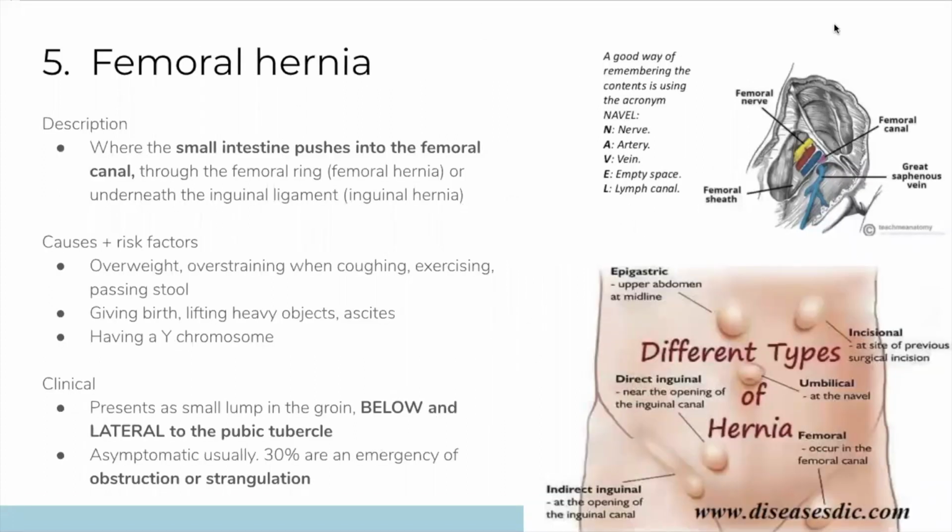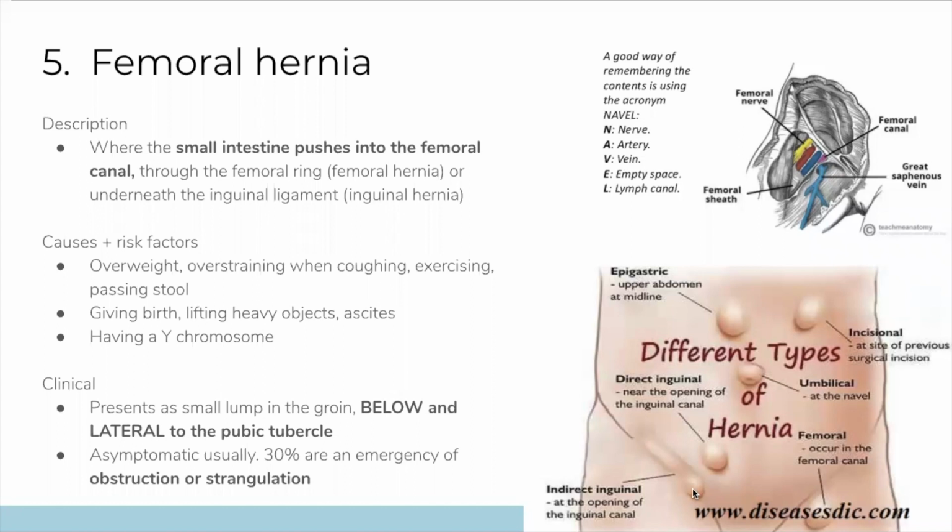Okay, femoral hernias and inguinal hernias. These are really, really high yield, which we still do in year 2. But a hernia is basically when a part of your small intestine or large intestine, but usually small intestine, pushes out of the membrane that it's kept within, so you can feel a bulge somewhere in your body. And the places where it pushes out is usually one of the canals that we talked about. For example, the inguinal canal. Or it can just push through the muscles if your abdominal muscles are really weak, and then you have this bulge